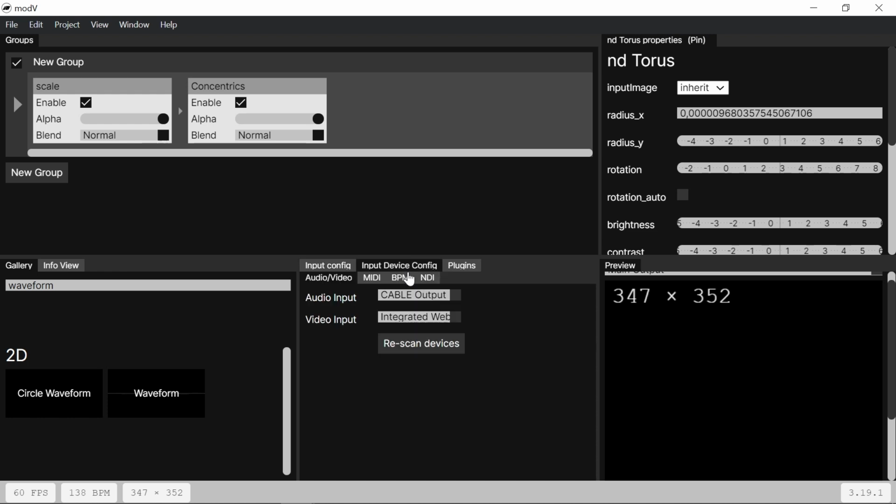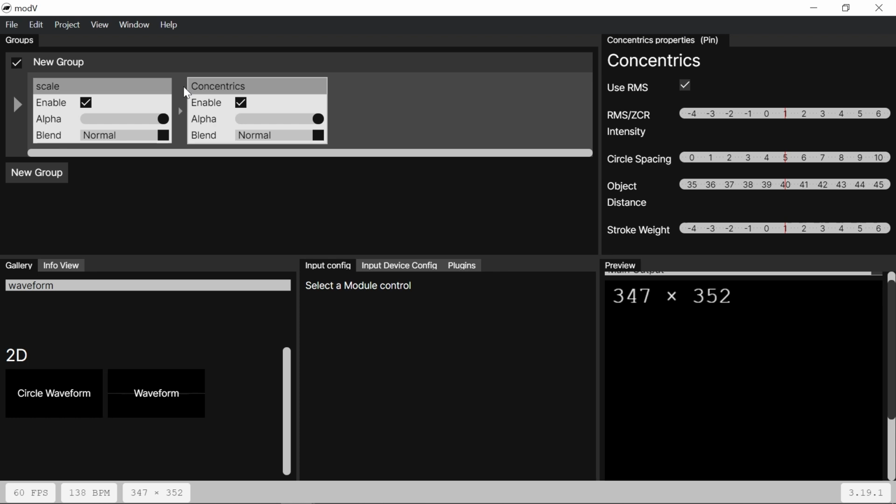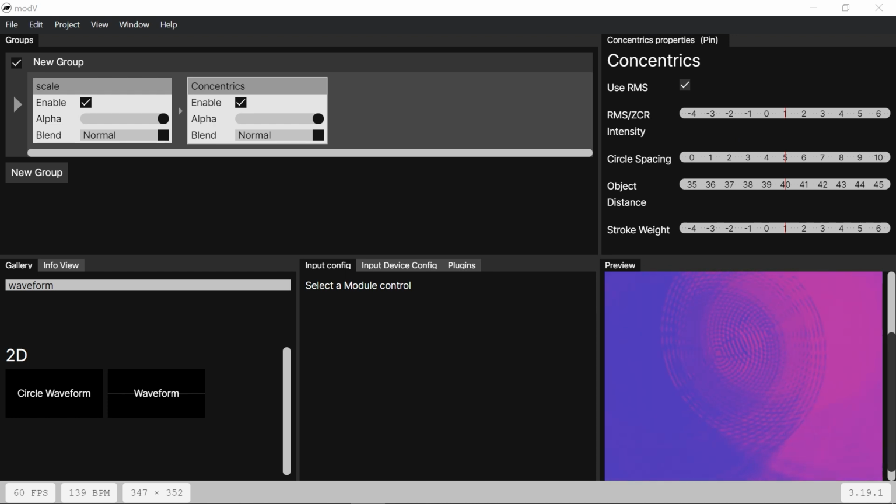Wait, oh no, this is again, why is this not working? It was working when I tried it. So yeah, just imagine that it's working. I think, oh no, it's because there's no audio. Sorry. So this is one of the older modules that we have inside, which has the audio capability built in, and because there's no audio yet. But if we select the audio again,